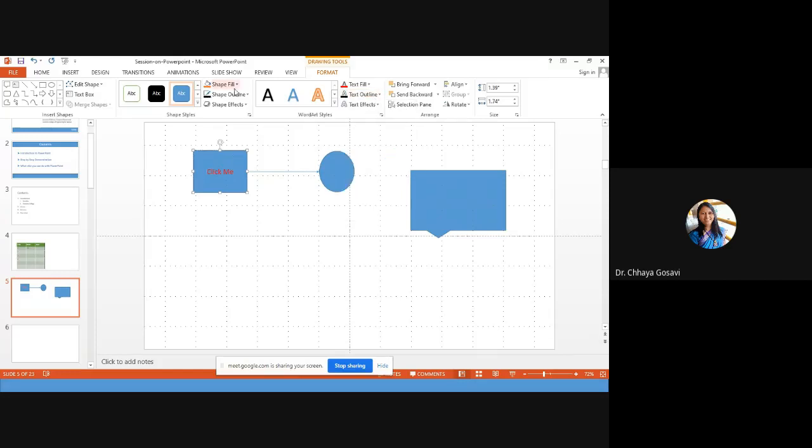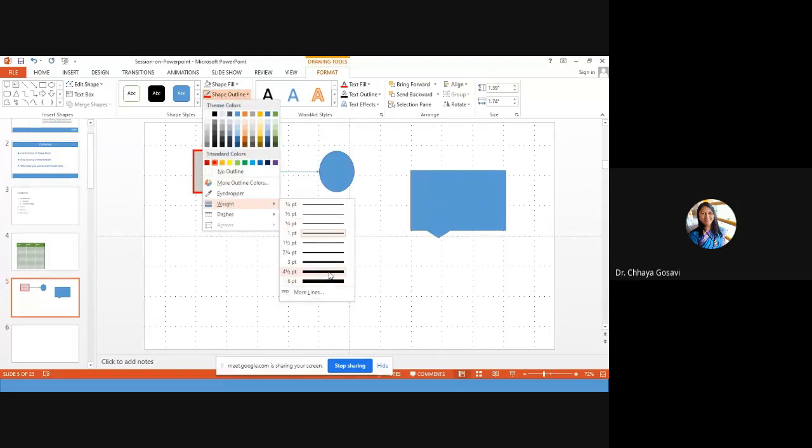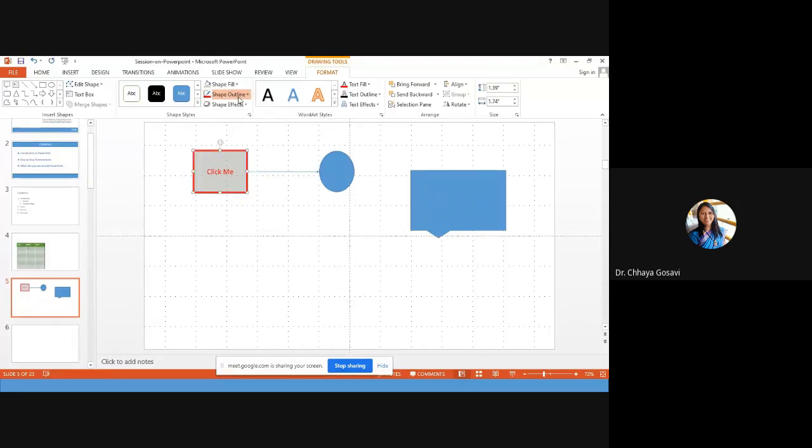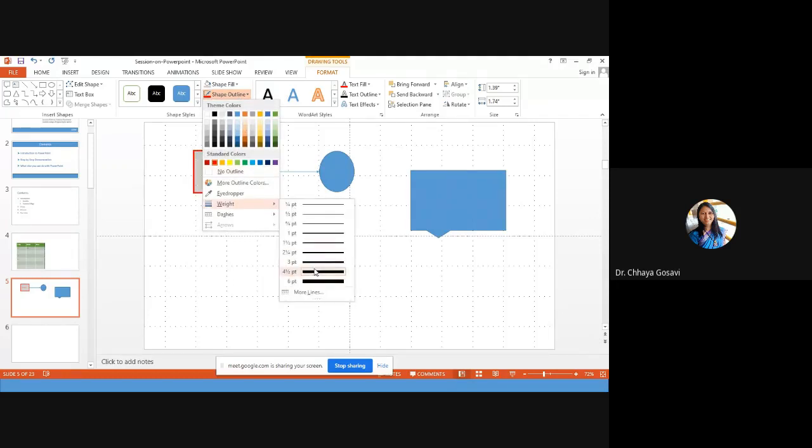And you can change the shape fill. Shape fill, if you want, instead of blue, it should be filled with some gray color. So that is shape fill. Shape outline, by default it is black, so you can give black or red, whatever you want. And after outline, you can change its thickness. So if you want thick outline, you can choose the weight for outline. Then if you want dotted line or dash lines, these are the types of lines. I want solid line.